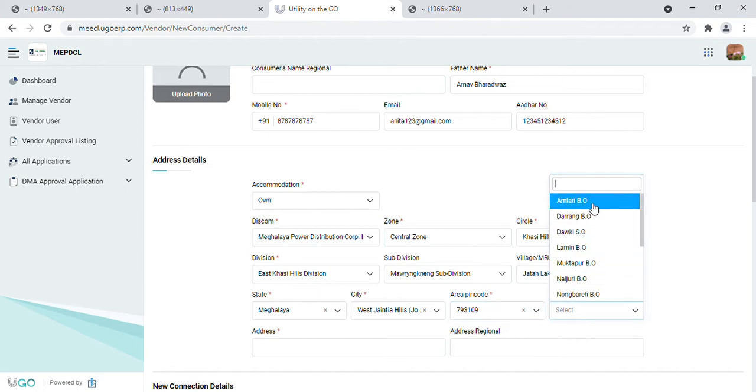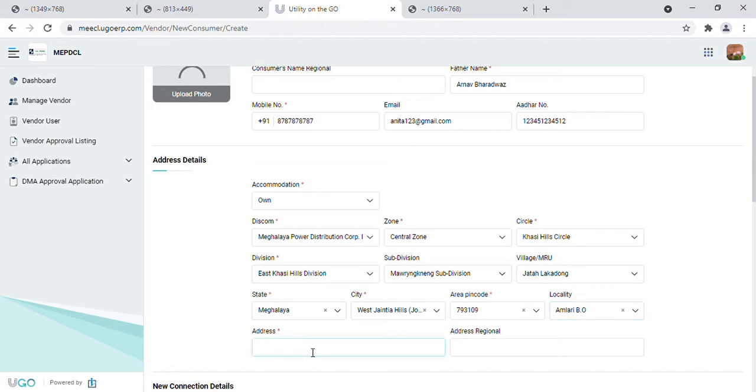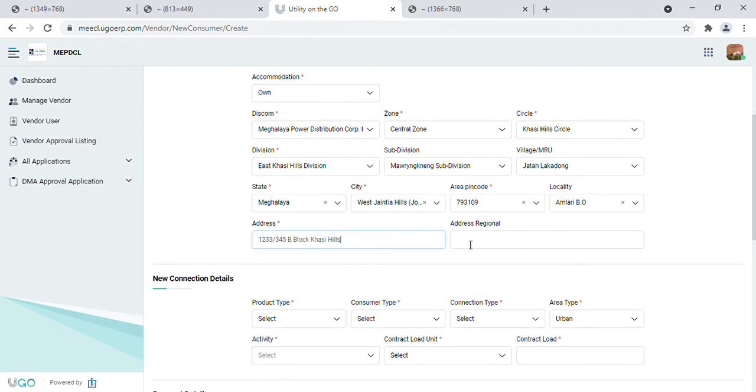Select the correct locality, enter the full address of the consumer, address in regional language can be entered here.